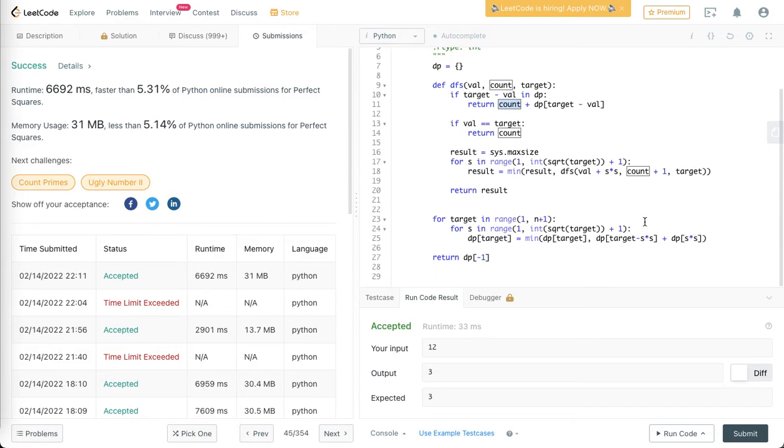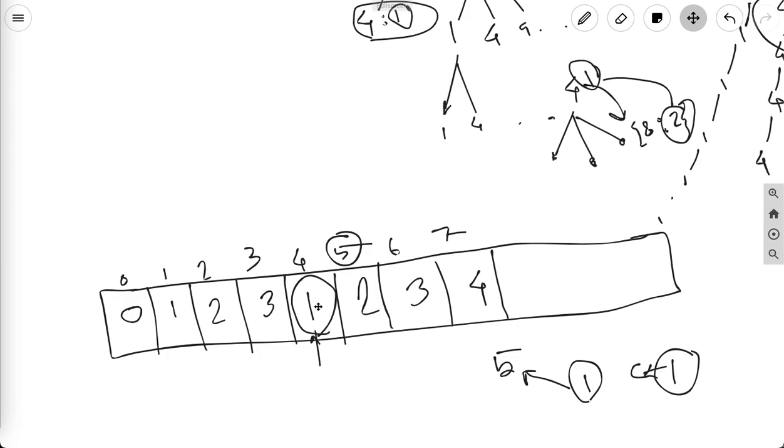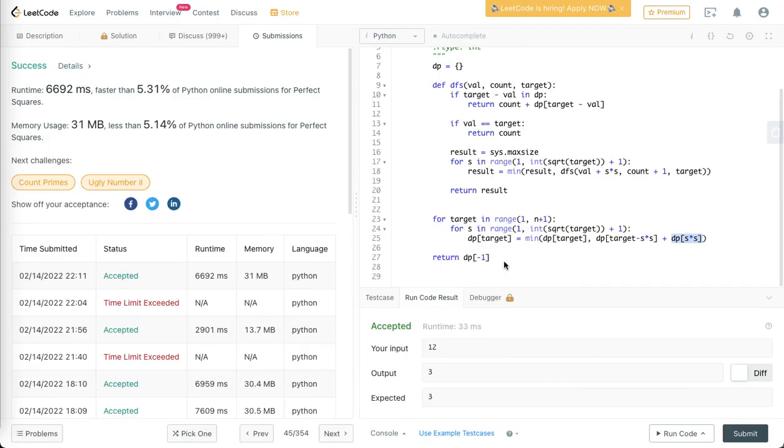So in this case, dp of, let's say, 6 is 4 plus 1, sorry, 4 plus 2, and in that case first s will be 1. But think of it, if s into s is the dp, then it will always be 1, right? So any number that is a perfect square will always return 1. So for example 16 will also return 1. So we can keep it like this, or we can just say it is 1,